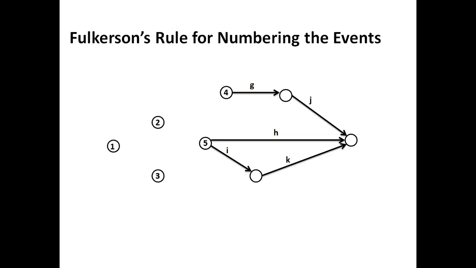Then again the same procedure has to be followed, that is, the outgoing arrows from the fourth and fifth events have to be eliminated. This is to be removed and this is to be removed and this is to be removed, so that it will create this and this as initial nodes. Let us see that. So this and this have become the initial nodes, and numbers 6 and 7 have been given, moving from top to bottom.